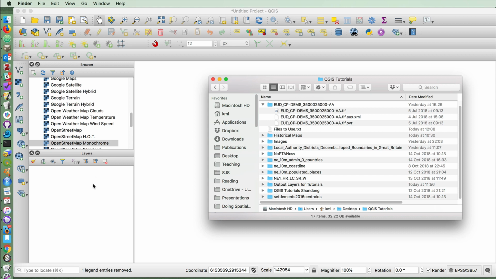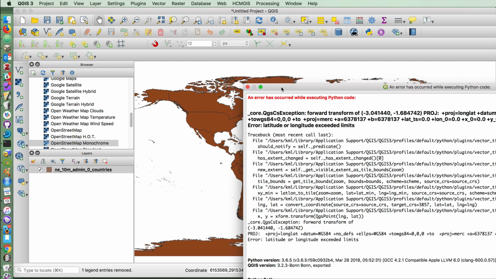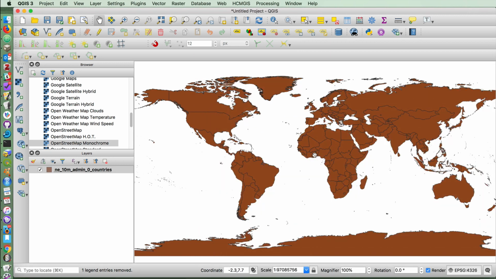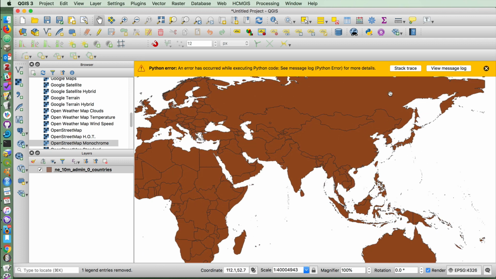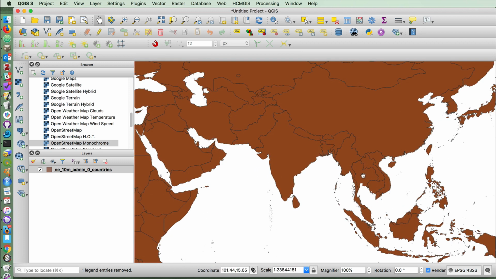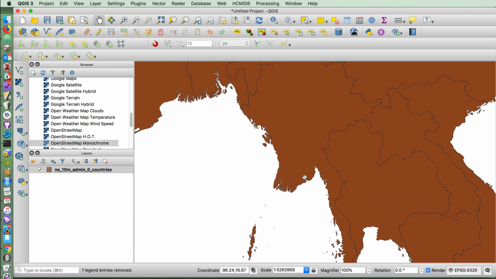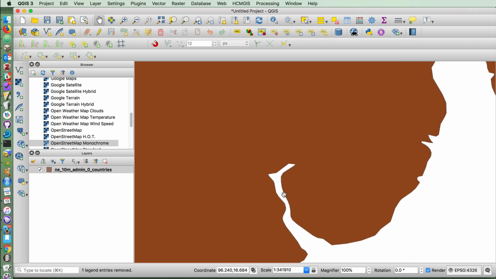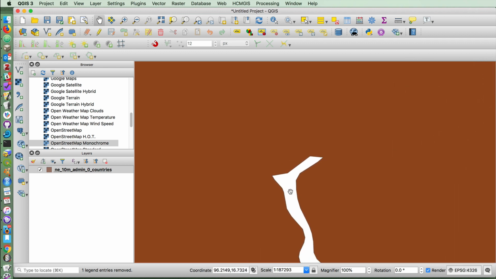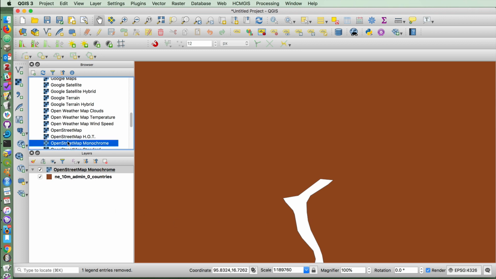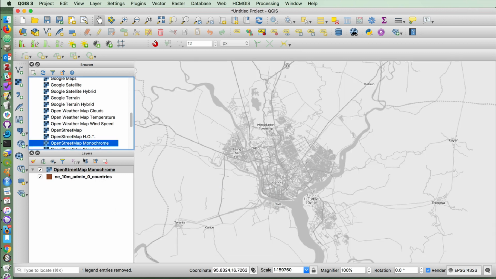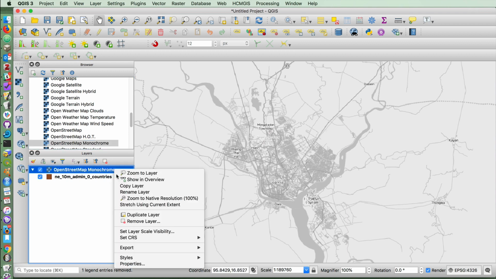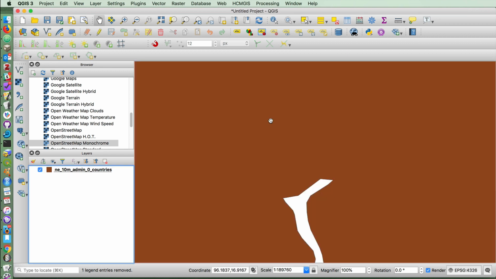First, let me put in the countries here. Oops, I didn't want it to run some Python code. So let's cancel that. If I zoom in on Rangoon here in Burma for a second, and show the OpenStreet Map, you'll see that we have Burma with us. But like I said, we're not going to use that rather